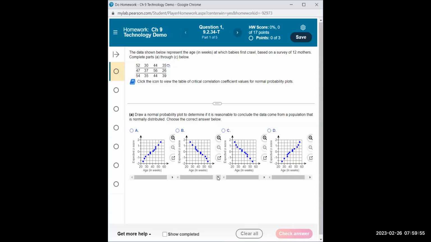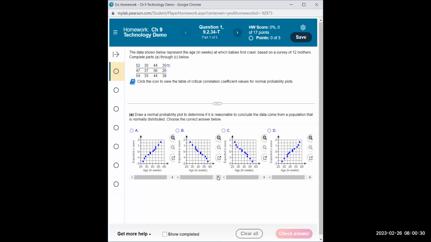mothers who were surveyed, or 12 measurements on the ages at which babies first crawled for 12 babies. Because the sample size is less than 30, and it is quantitative data because it's a measurement, we first have to verify the conditions for it. So for quantitative data, you either have to have a sample size greater than 30, or it came from a normal population to begin with, or roughly normal. So we're going to